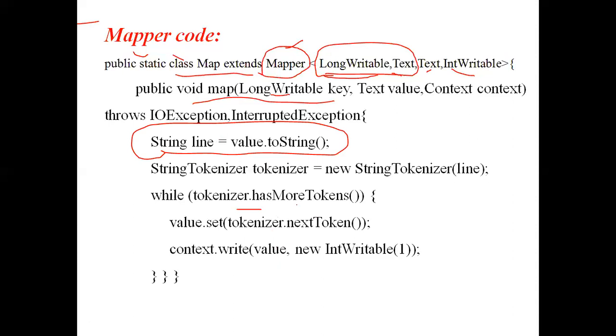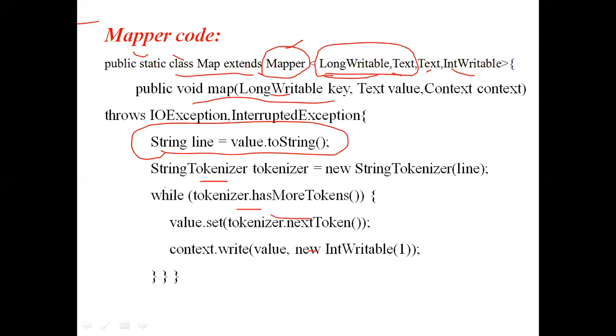See, in our example it is already a string. Some examples may contain numerical data. That's why, whether it is already a string or numerical data, the entire data will be converted into the string. Okay, String line is equal to value dot toString. Next, what we are doing is